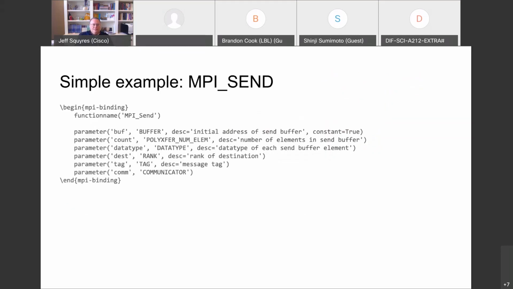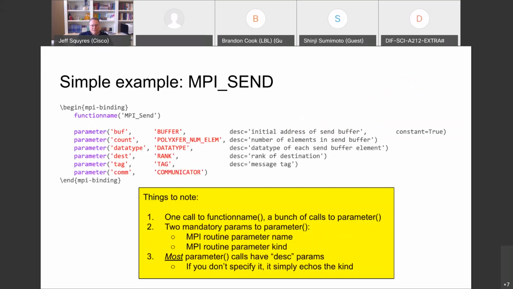So let's go back to this simple example here. This is what MPI send looks like after it has been Pythonized. And let's call out some of the changes here. I changed the indenting a little bit so you can read things a little bit better. A couple things to note about this. There are two functions here, right? One is function name, and that's just what function are we talking about? It's case sensitive. We're not going to automatically fix case for you or anything like that. So you do MPI capital S send, with a small e-n-d.